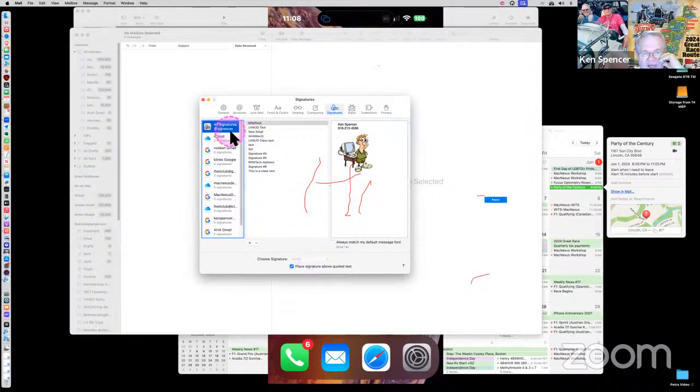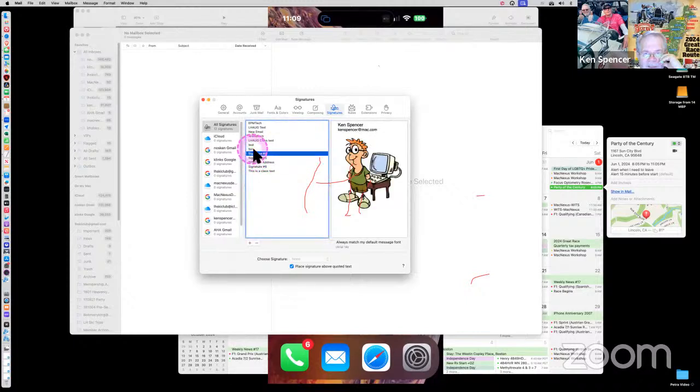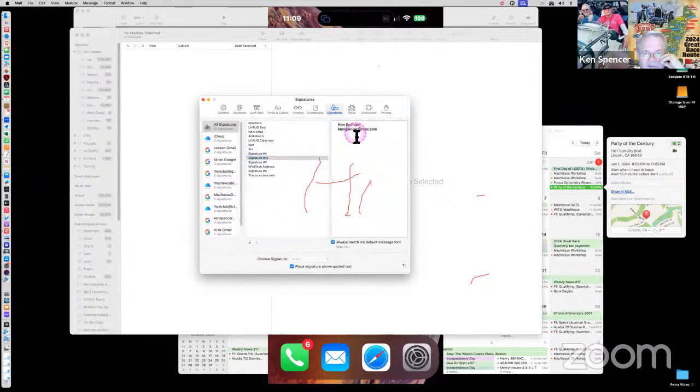Anyway, and then once you create the signature, you have to assign it to an account. Like, so I don't even have any for mine. And I'm supposed to have. Like, here's one with one of my quotes. You can't go forward by looking over your shoulder. Please start using my new email. Yeah, I thought I had one that just said Ken, but I'll create a new email and